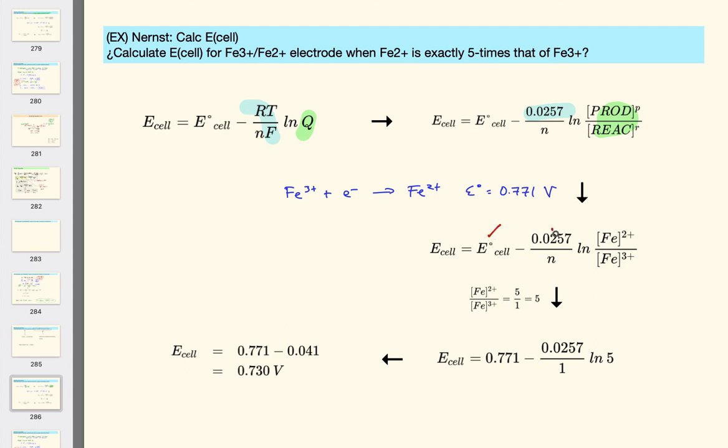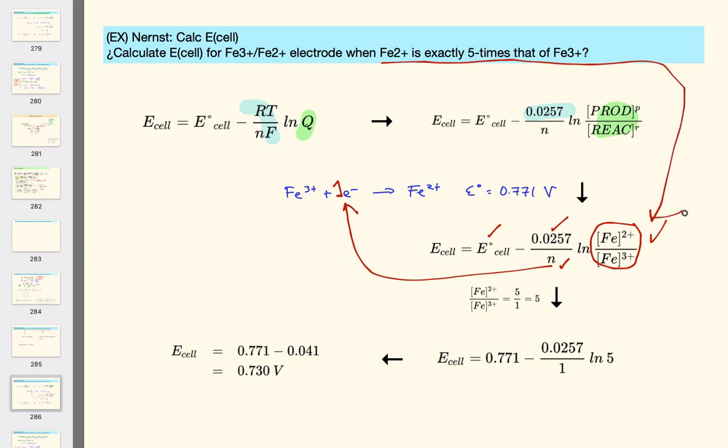So let's take inventory. We now know the standard potential for the cell. We know our constants. We know what N is from writing out that half cell reaction. And even though we do not know the concentration of our reactants and products, we do know the ratio, and that's what we need to know. At this point, we have one equation, one unknown. It's simply a matter of filling in the values, getting the correct ratio for your products over reactants, and solving the equation algebraically. The answer,